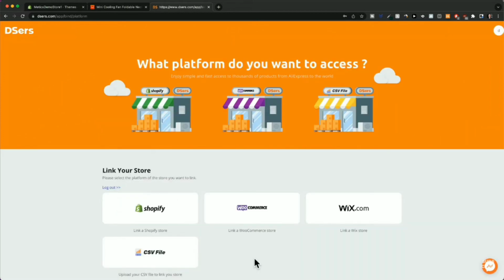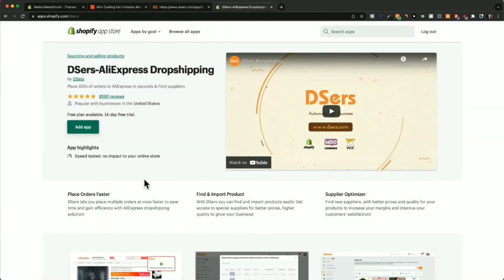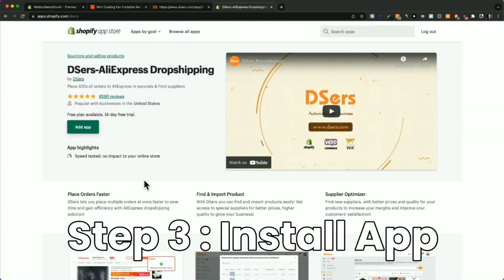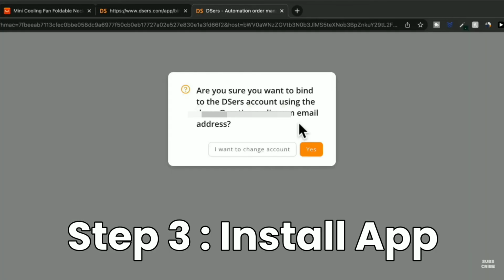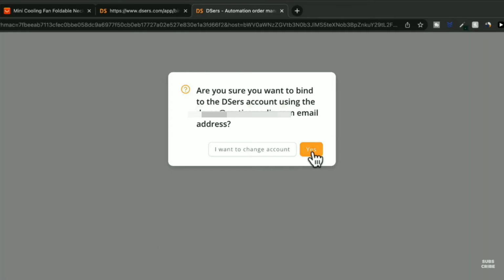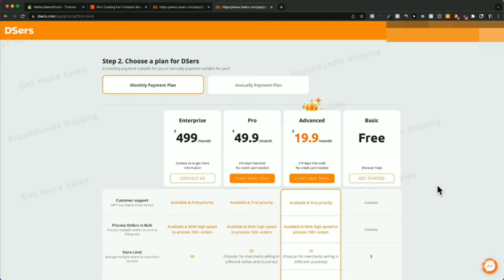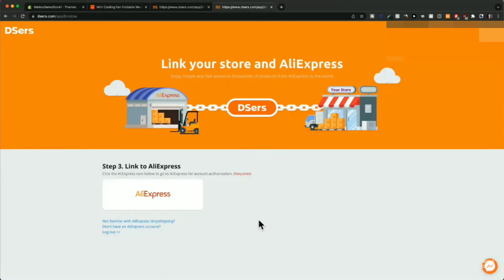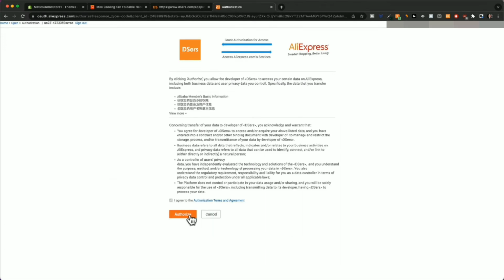and in here click Shopify at the bottom and then click add app, and then click yes, then click install apps and then click get started, and in here click AliExpress and log into your account, then click authorize